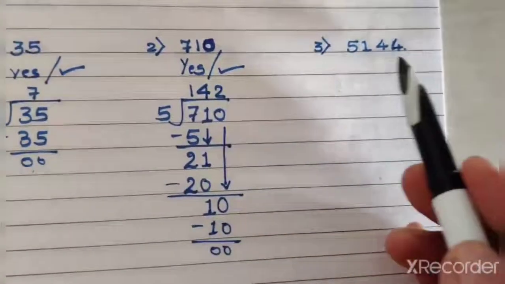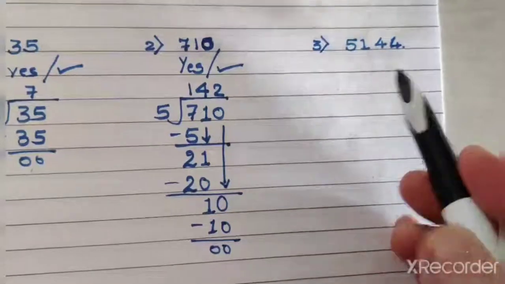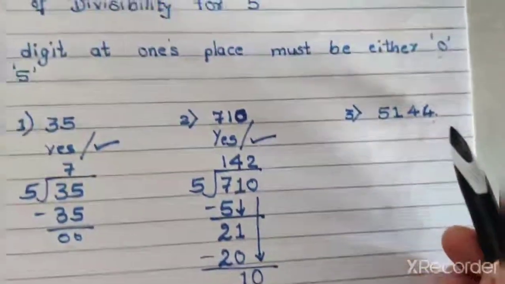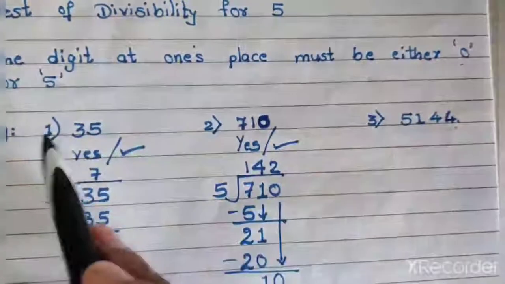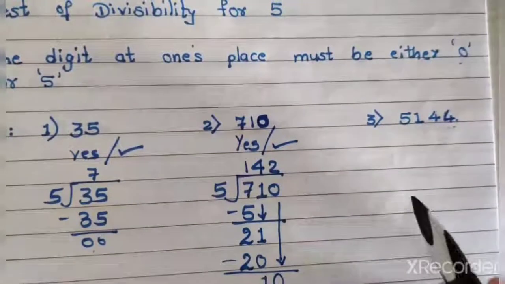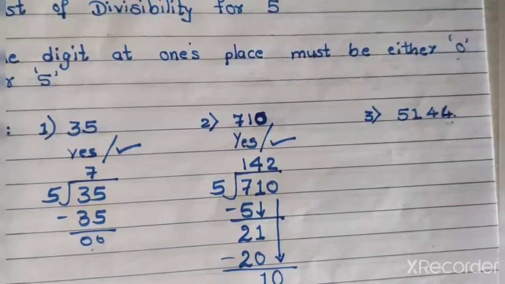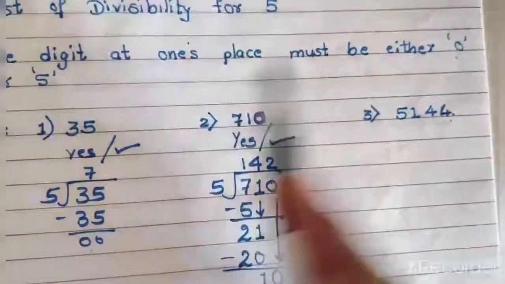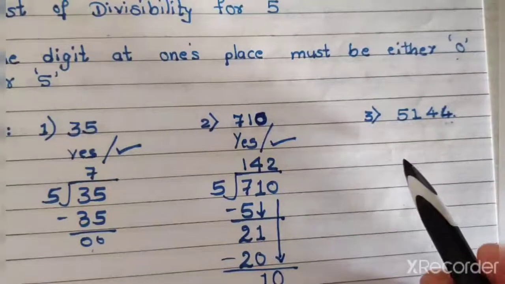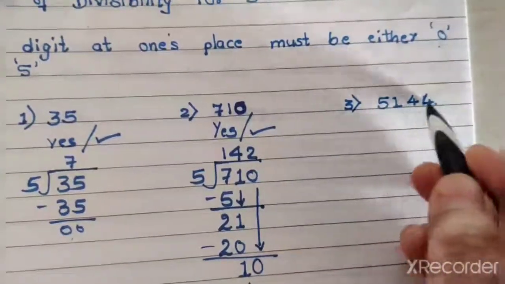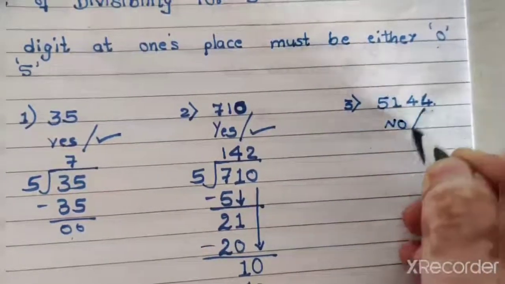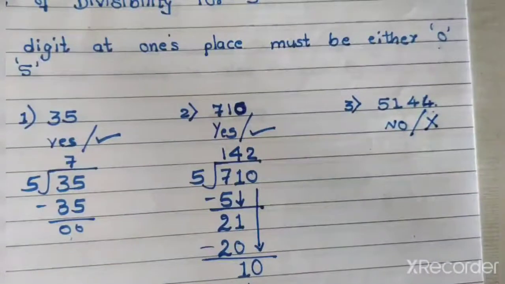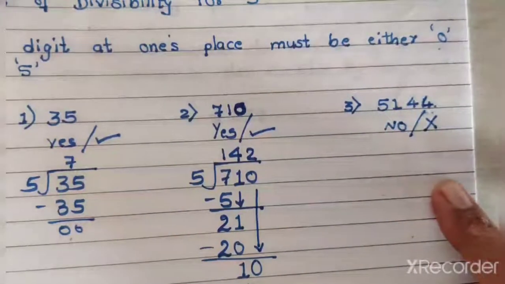Okay. Now the next one is 5144. That is the last number. If the last number is either 0 or 5, then only it is divisible. Other than 0 and 5, what numbers are left? 1, 2, 3, 4, then 6, 7, 8, 9. Again, 0 is divisible, 5 is divisible, but other numbers are not divisible. So is the whole number 5144 divisible by 5? You will say no, and you are going to put a cross for it. I hope, students, you understood this thing.